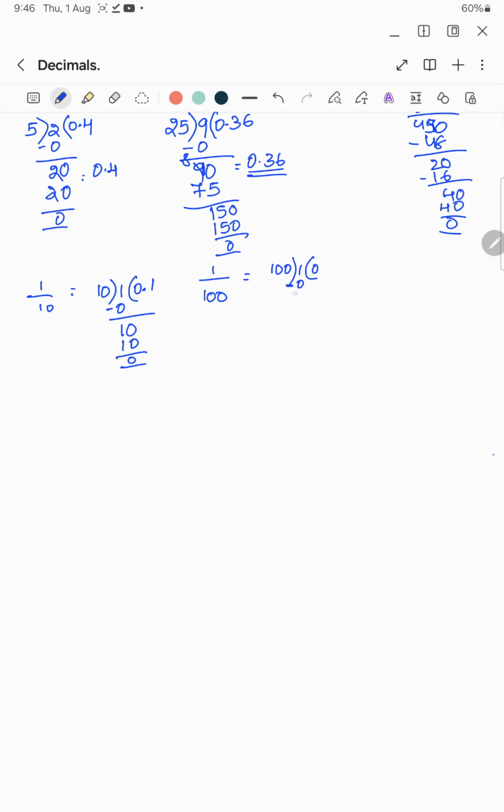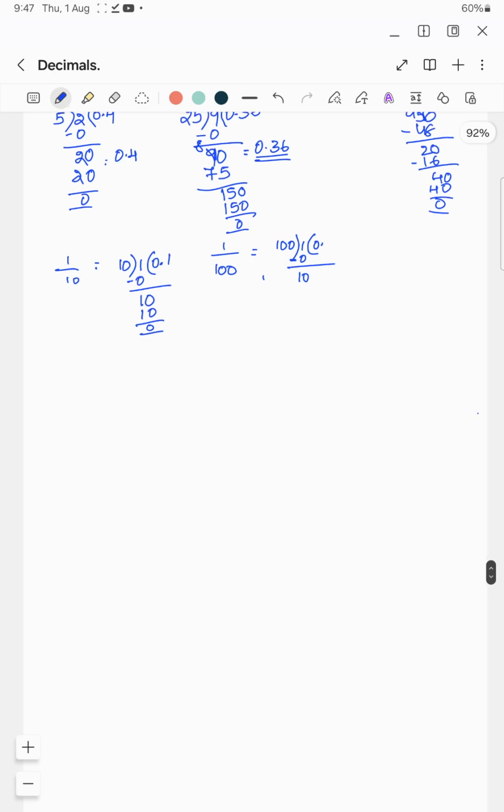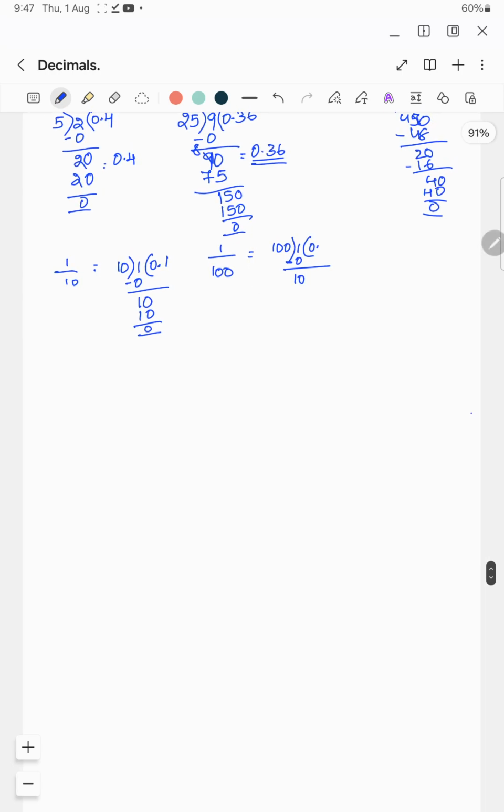Take minus 1. 1 minus 0 is 1. Okay. Now keep the decimal here. If you keep the decimal point here, add a 0. Okay. Now check for the number which is a multiple of 100, but it should be equal to 10 or